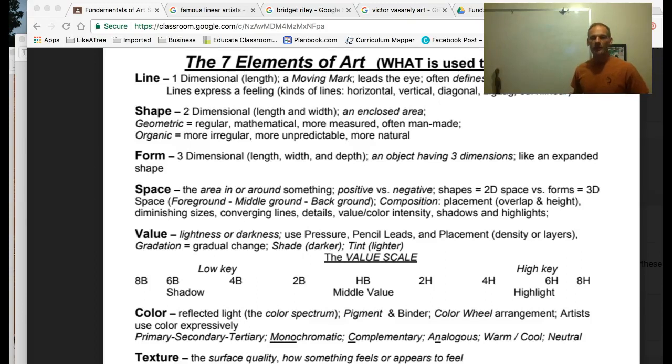The third element of art that I'd like to cover in this video is the element of form. It follows nicely behind line and shape for this reason. We've already defined a line as being a moving mark and being one-dimensional. We've said that if that line comes back to meet itself, that it'll enclose a space, and we've called that